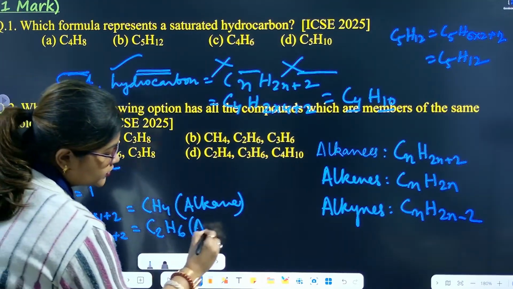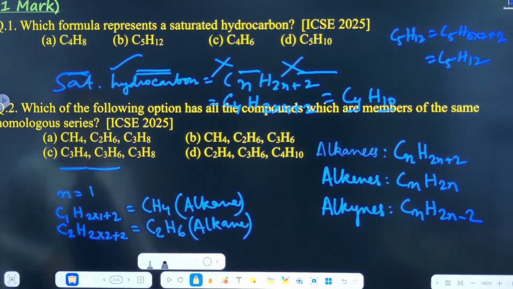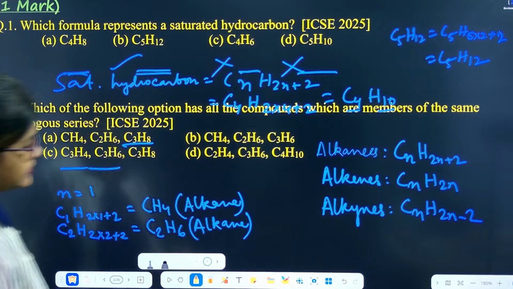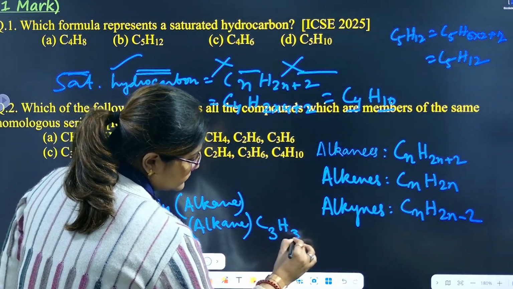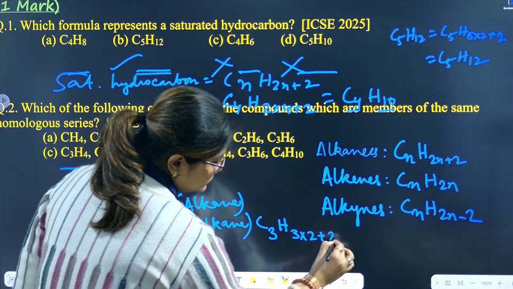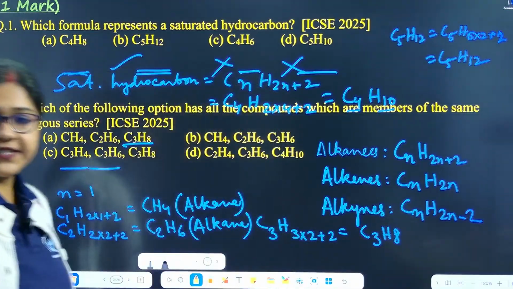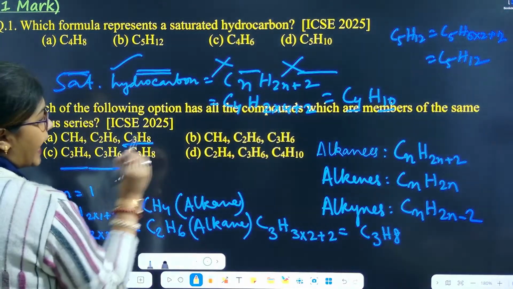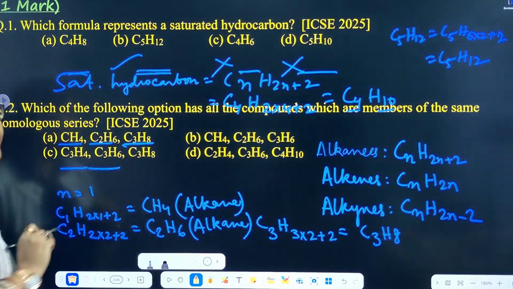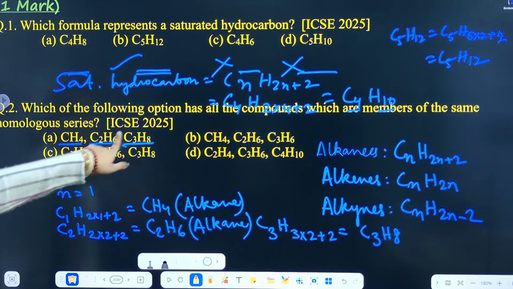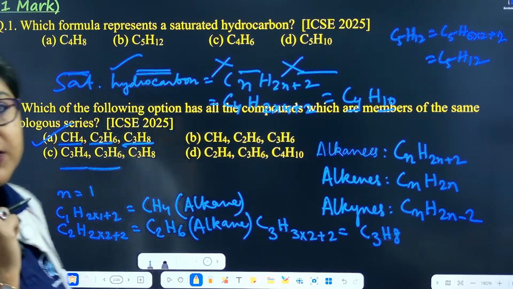Okay, this is also an alkane. Next is C3H8. So this is also an alkane. That means CH4, C2H6 and C3H8, methane, ethane, propane, belong to the same homologous series of